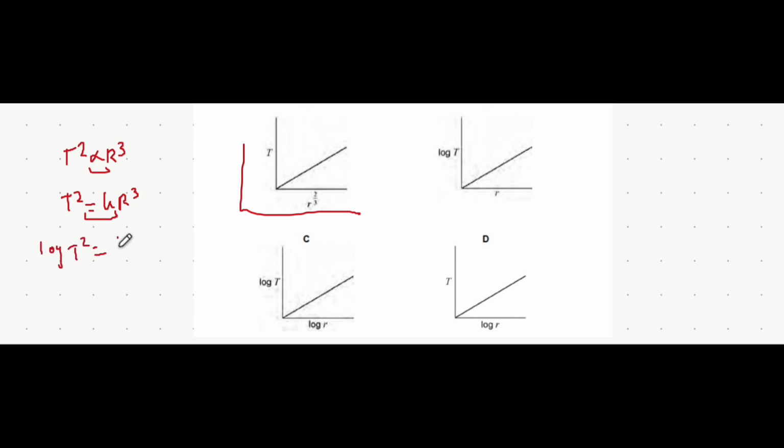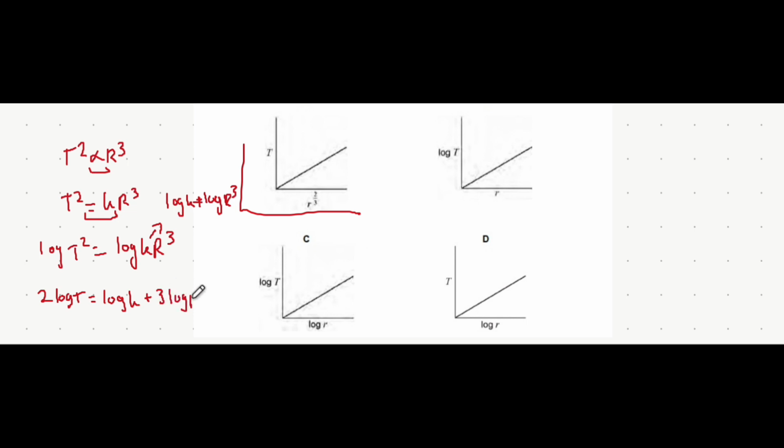Log of T squared equals log of k r cubed. If you do A-level maths, this will be a lot easier. There's a rule that tells you can take the power as a coefficient, so you can write this as 2 log T equals, we can actually split this up into 2 separate logarithms. We can say it's log of k plus log of r cubed, because when you add logarithms, you're multiplying the insides of the logarithms. So we can say this is log k, and then we can also use that power rule again here, plus